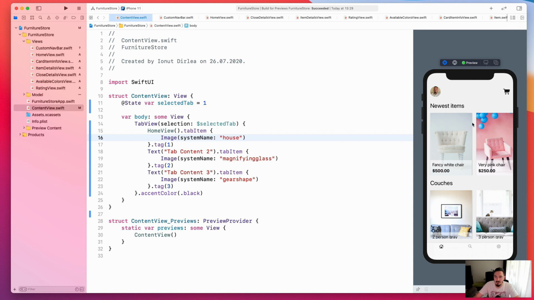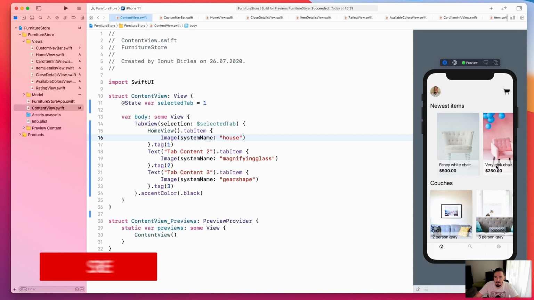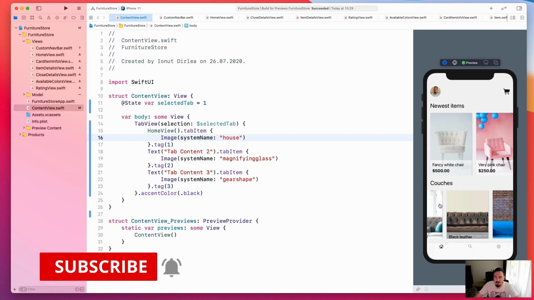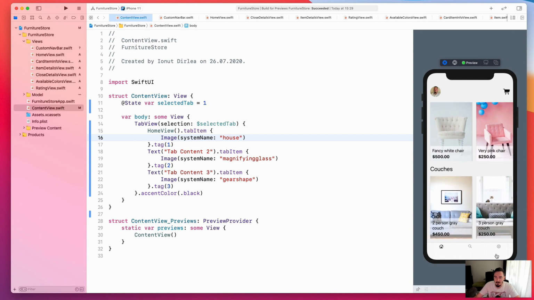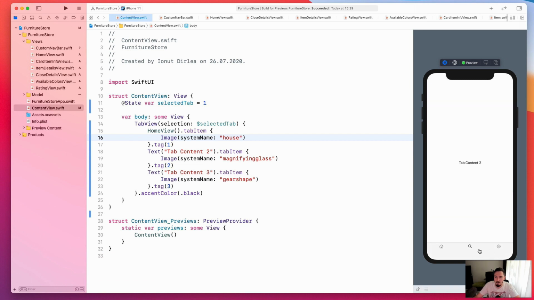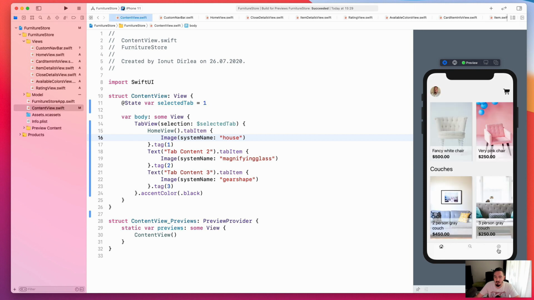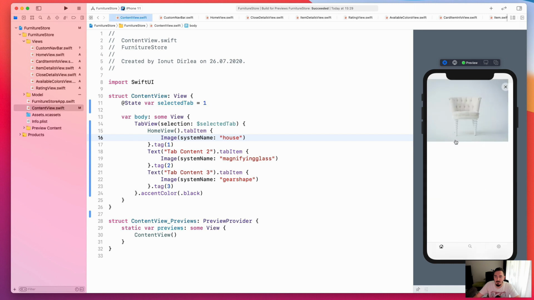So here, as you can see, we have our homepage with two carousels, a new items carousel and a couch carousel. We can scroll. We have a tab view where we have two other tabs that are not built. So we're gonna just address the home view now, and when you click on an item you will see a